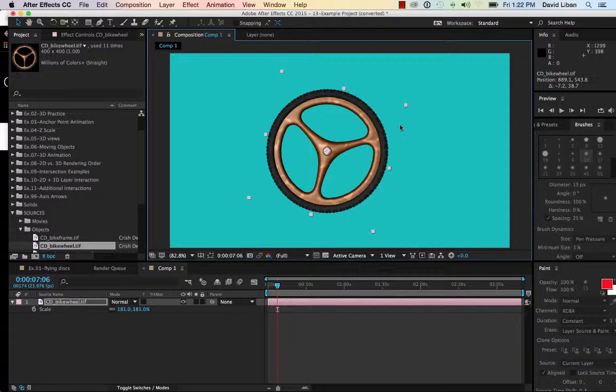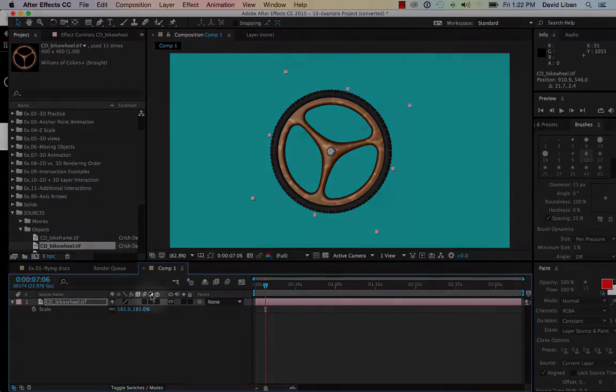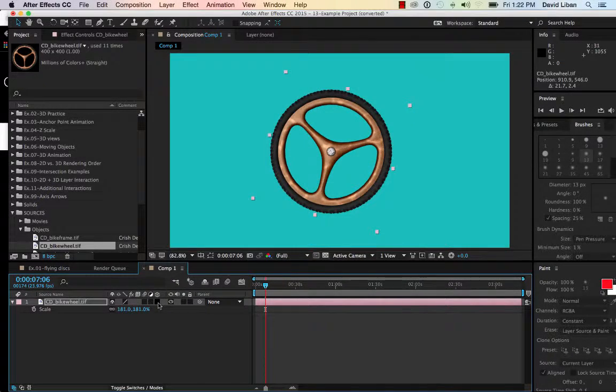Now we're going to start looking at the ability to use 3D space in After Effects. So I have this object here, and at the moment it is just a regular two-dimensional object in a two-dimensional space. And so I'm going to make sure that I can see this little cube here. If I turn this on, notice that when I turned it on I also got an XY rotation,